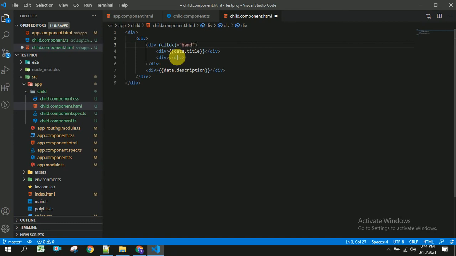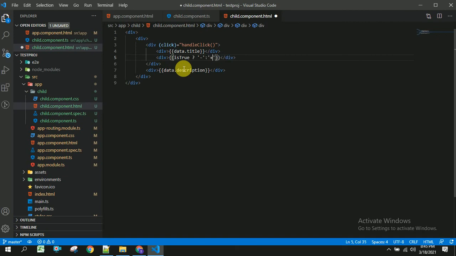So handle click function will be called, and based on this boolean value we have to show the icons. So you can customize these icons.